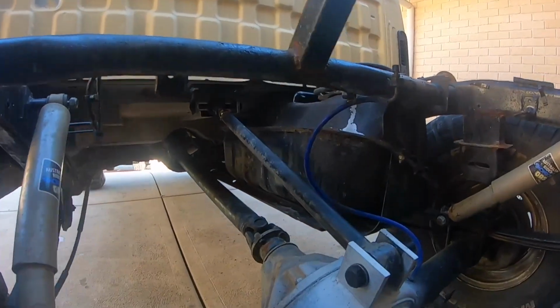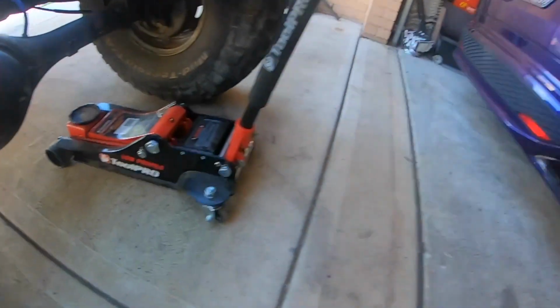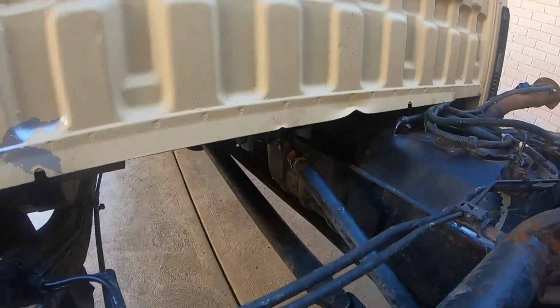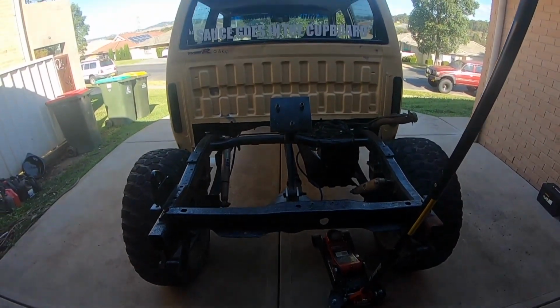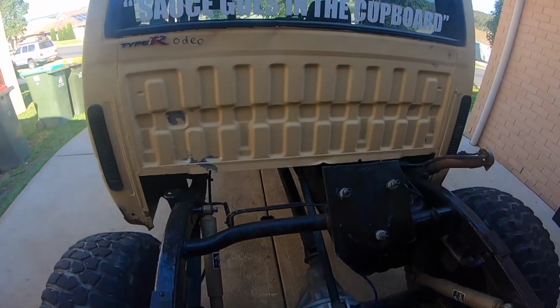So basically, 80 series panhard rod, we've welded some tabs on the back of the diff, and up the top here, we've welded a nut and an M20 bolt, and the idea of that is it's going to twist when the back end wants to articulate. So, cheaper way to do it, obviously trying to keep the budget down on the car. I've got to tie that up where it's been welded and whatnot, and just put some anti-seize on that top